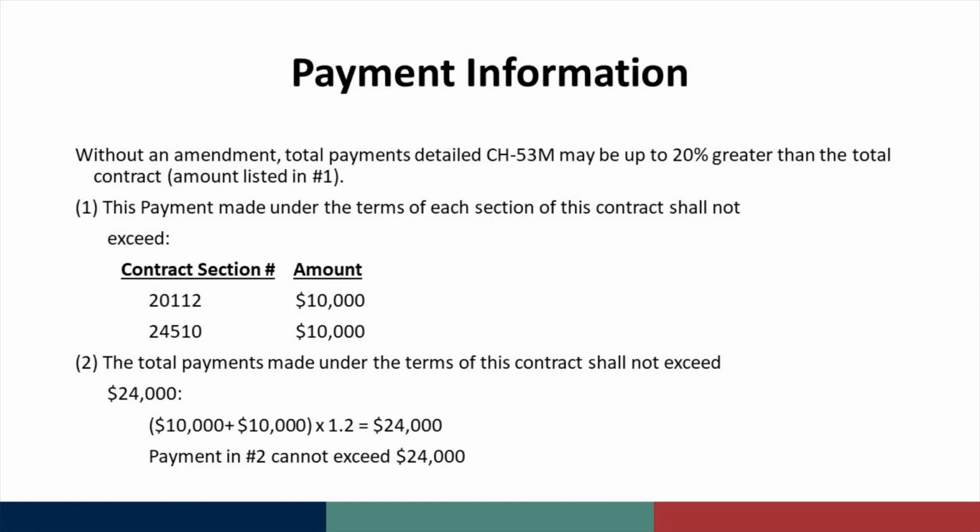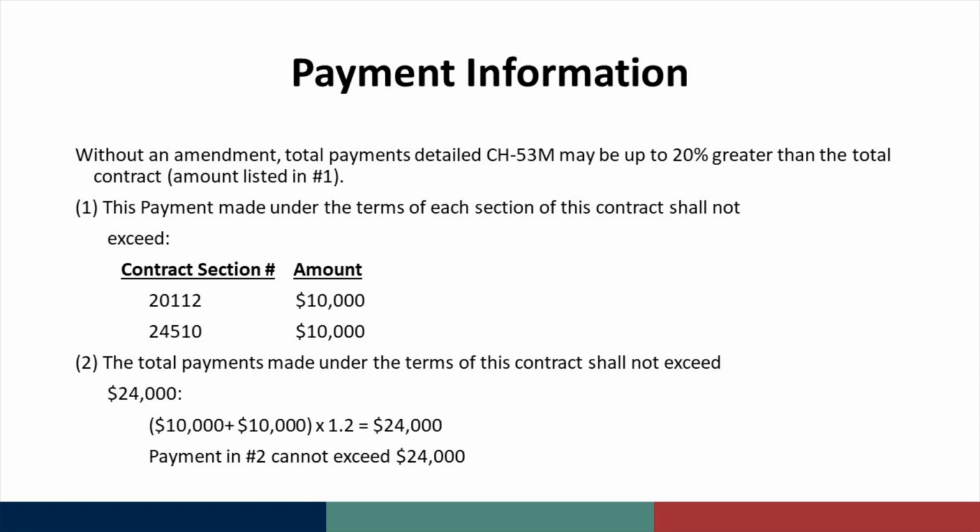Payment information related to CH-53M contracts. Without a need for an amendment, the total amount of payments detailed on the CH-53M contract may be up to 20% greater than the contract total, which is typically listed in number 1 on the payment information page of the contract. In the example below, we see